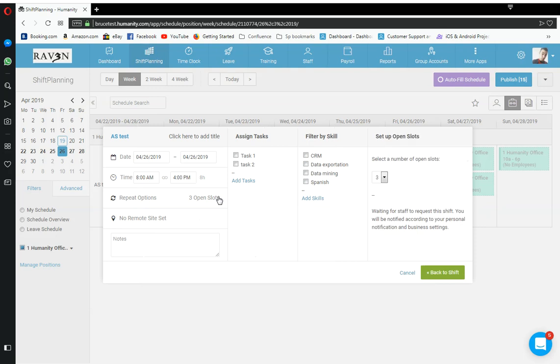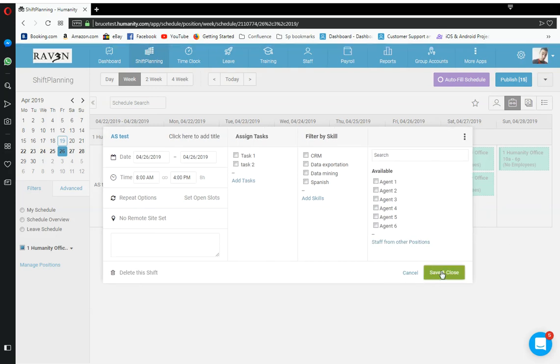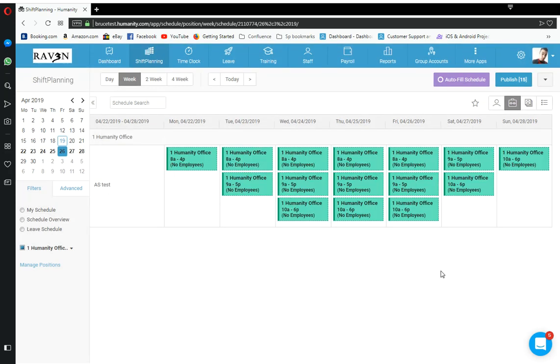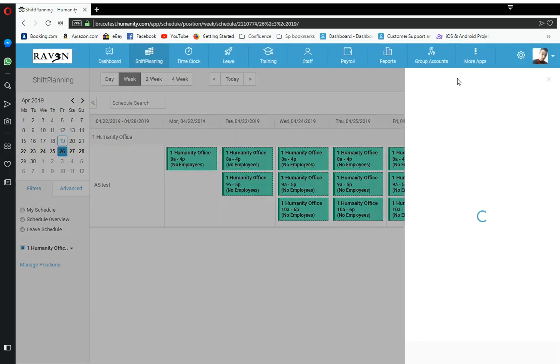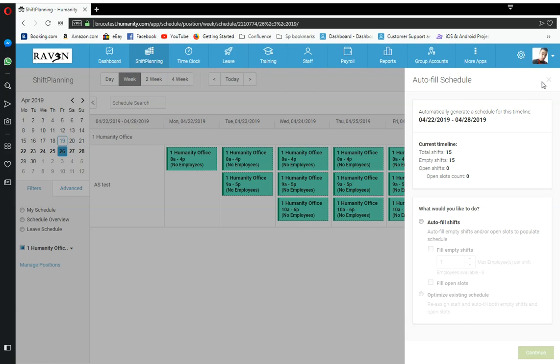What I'm going to do is clear out the open slot on this one and let you have a little preview of how it goes. I'm going to select autofill schedule, autofill shifts, fill in empty shifts with the number of 3 employees. But I wonder, why are we not able to view the fill open slot section? Hmm. You know what? Let's uncheck that part